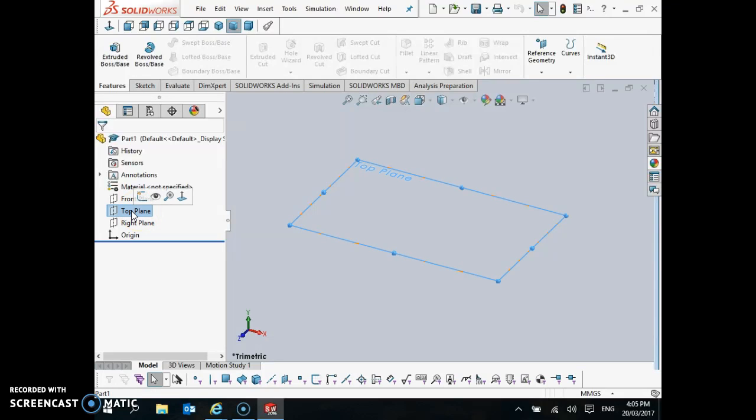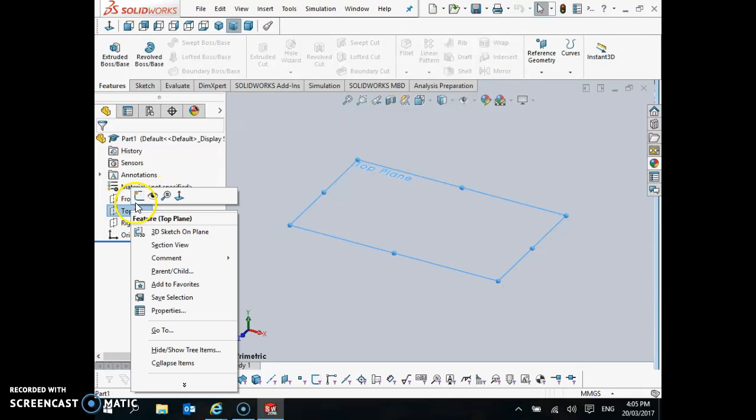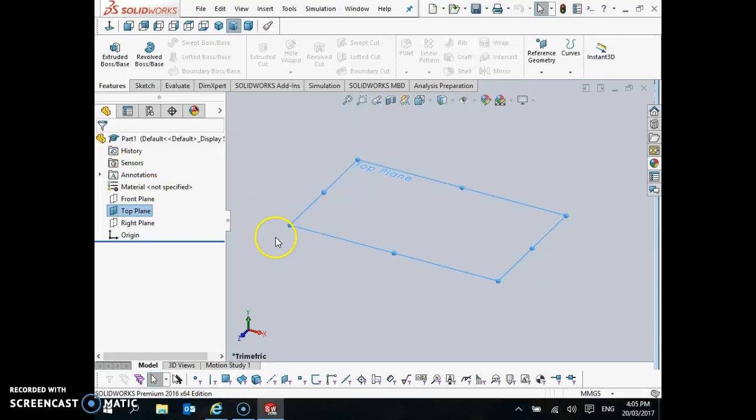Just click on it here, left click, then it's brought up the menu, or I can right click and bring up the menu, and then I'm just going to left click on show. Okay,